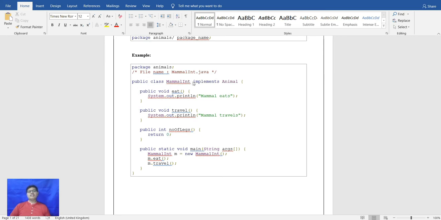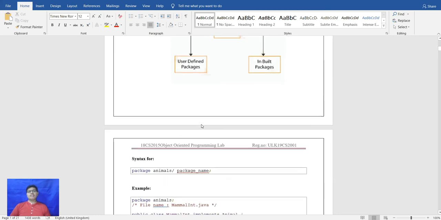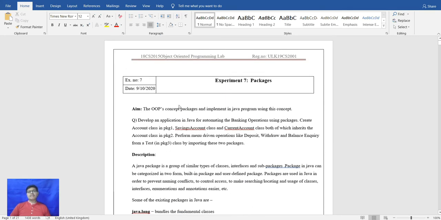And the functions that animals do, that is public void eat, that mammals eat. And they migrate from one place to another, so that is travel, public void travel. In mammal travel, it will print the number of legs. And here the object of this Mammal class is taken, and the methods are called. This is the package in Java.